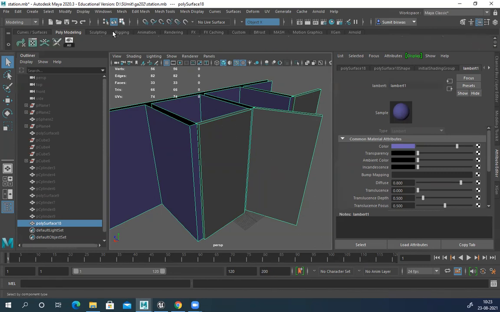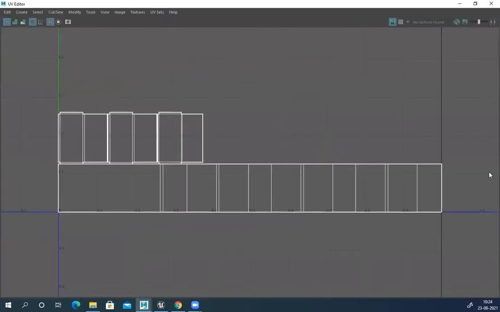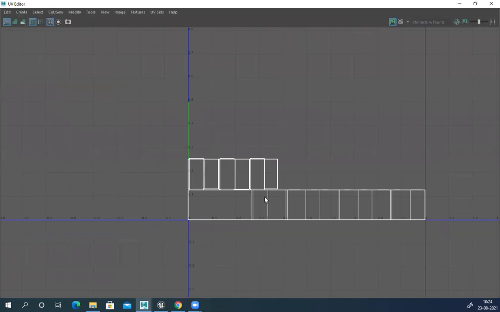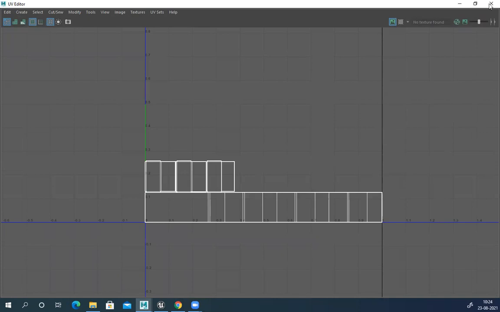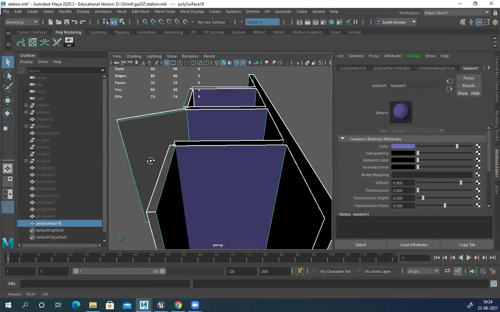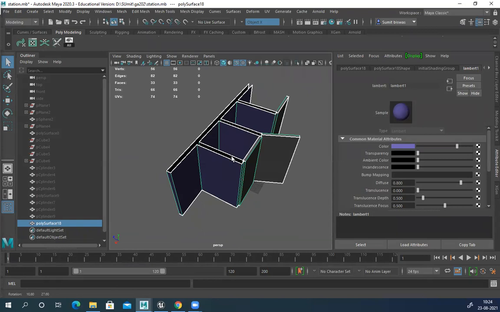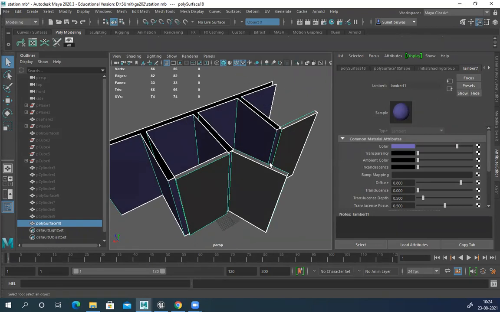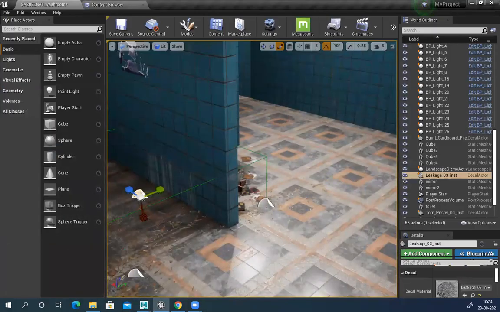If I unwrap this, here you can see I just unwrapped everything together and packed it. So resolution-wise, both are exactly the same. You can keep it separate also. You just have to make sure everything is tiled properly, they're snapped properly, and most of the lines are as straight as possible. Then you can simply assign anything. It will work perfectly without any problem. Okay, that is what you can do.